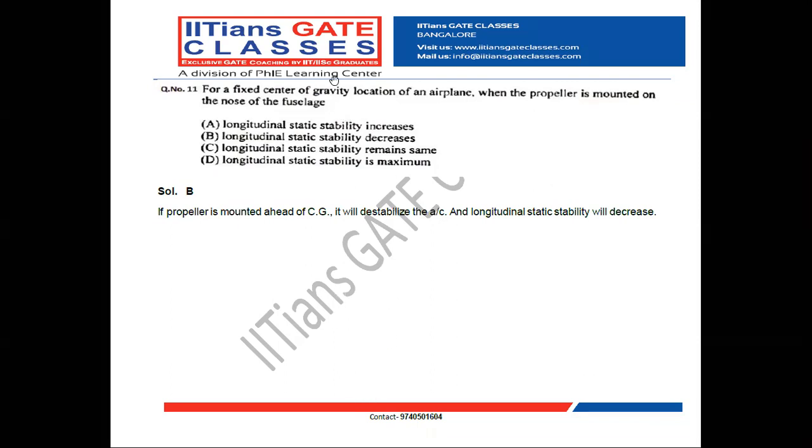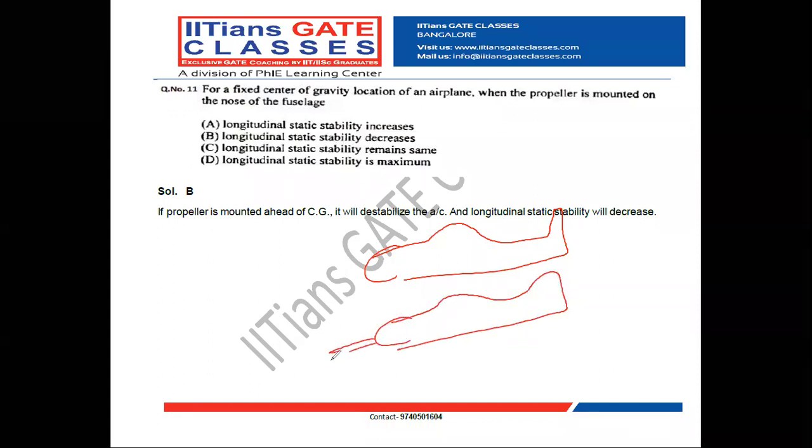Now, to understand this, first, there is an airplane without propeller. Now we'll see there is an airplane with the propeller. Since a propeller is there, what happens? Say a propeller is mounted at the front. CG location should be changed. Already CG was somewhere here, let us assume. Now more weight is added at the front, thereby CG location is shifted front.